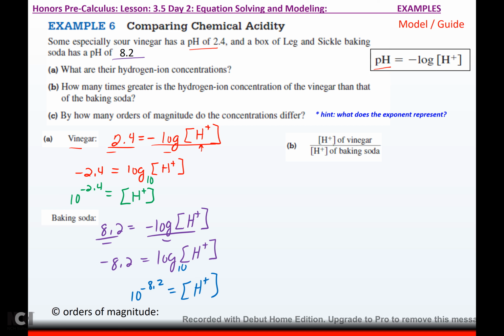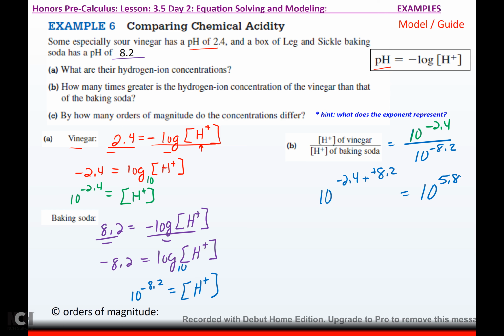So now to compare them, I'm going to take the H+ of vinegar, which is 10 to the negative 2.4, over my hydrogen concentration of baking soda, which is 10 to the negative 8.2. And since the bases match, you can keep the base and do the top minus the bottom. That turns positive. Negative 2.4 plus 8.2 is going to be 5.8. So 10 to the 5.8, right,